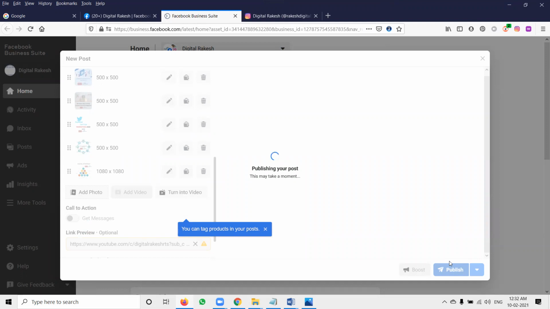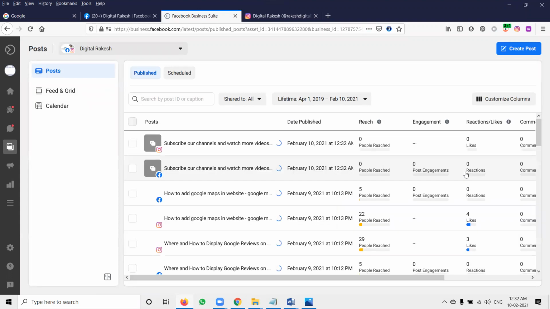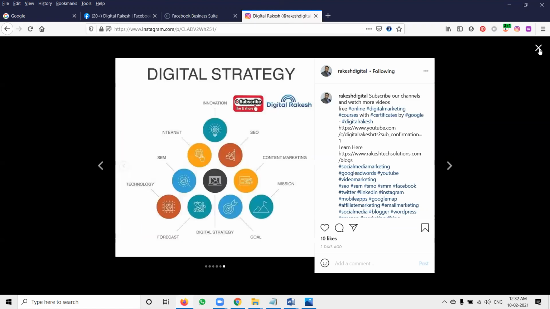But one feedback about Instagram is a problem: the link is not working on an Instagram post. Only an ad can show the link visibly. So why upload multiple images? What is your website? What is your channel? How will people know? All of this will be known to people in your particular post.